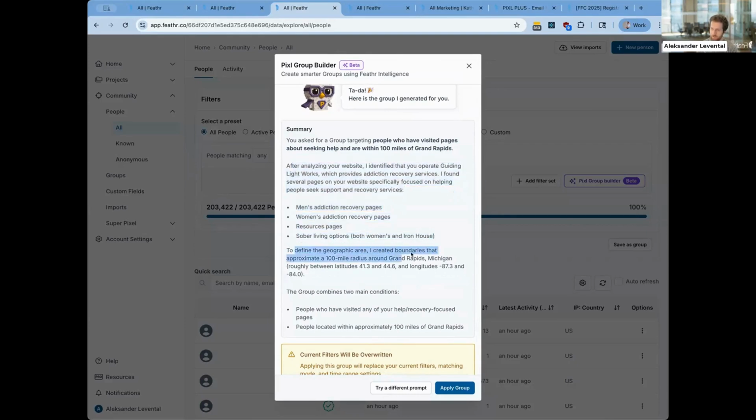To define the geographic area, I created boundaries that approximate a 100-mile radius around Grand Rapids, Michigan, using latitude and longitude. So in Feathr, if you have that superpixel on your website and people are visiting your website, since the beginning, Feathr has existed for the better part of a decade. One of the pieces of data that has come along with that is the latitude and longitude locations of this activity. However, to this day, latitude and longitude has not played a significant role in the usage of the data